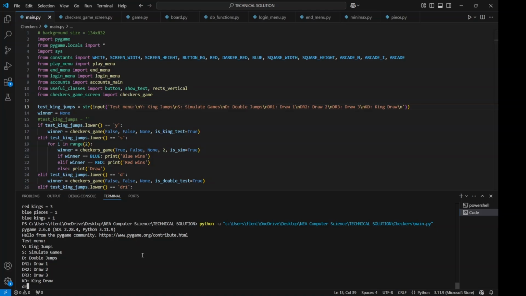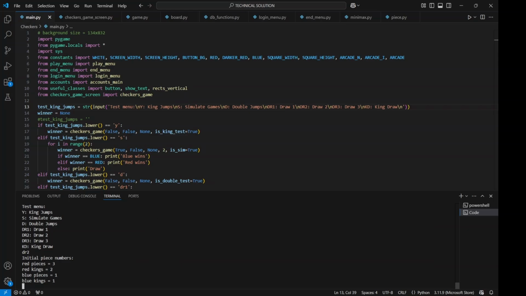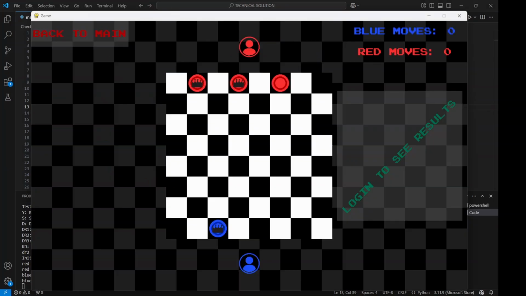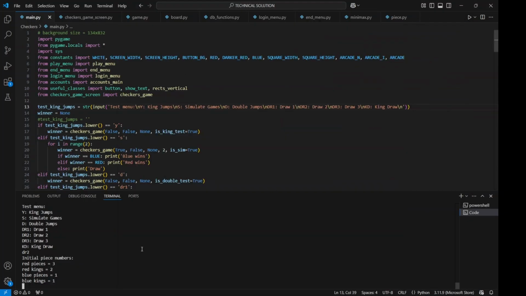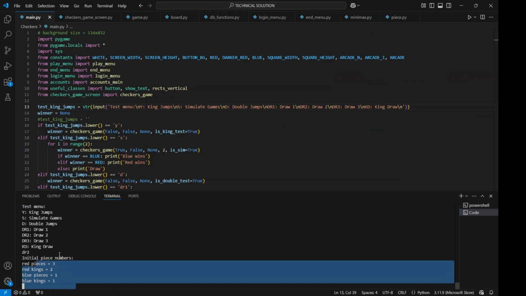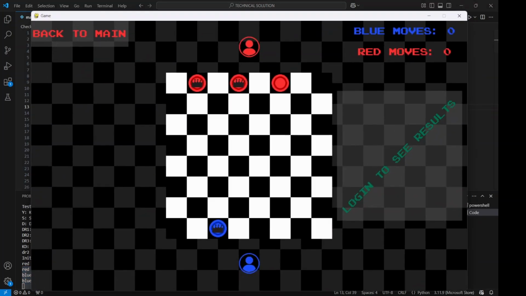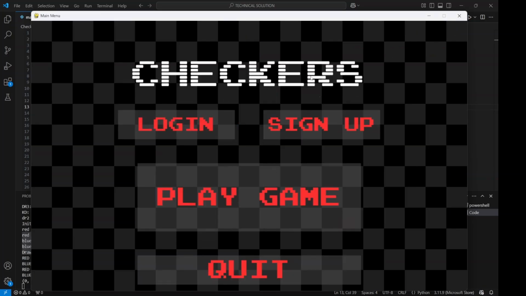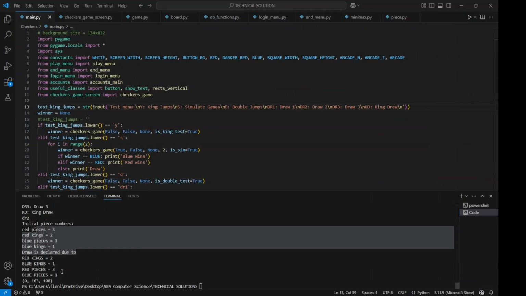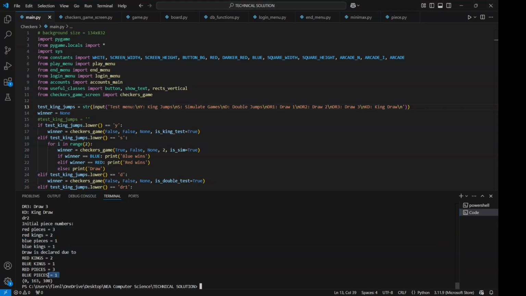So we'll start with 1.4.1 essentially, where we've got one blue piece, one blue king against 2 red kings and a red piece, which you can see again here is the case. So I will play through this game quickly. Once again, I'm near the end of the game, so if I move this piece, the game is drawn, and you can see that there is one blue piece, which is a king, against 2 red kings and a man